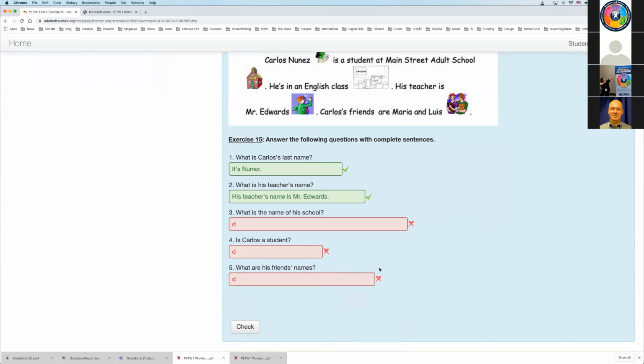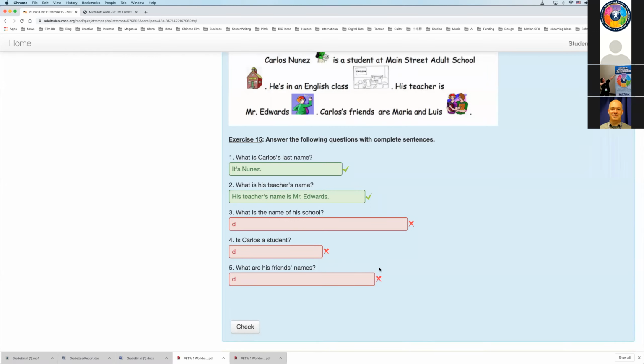We were not able to put in all the infinite possibilities, all the possible ways that a student might answer this question, but what we felt were, and could think of, were the most likely possibilities that a beginning low student with some English might actually write, okay?